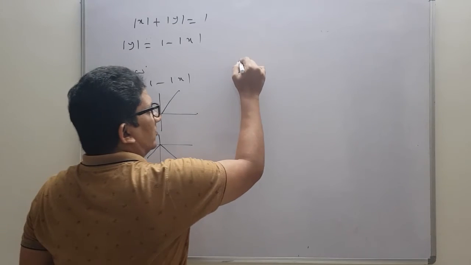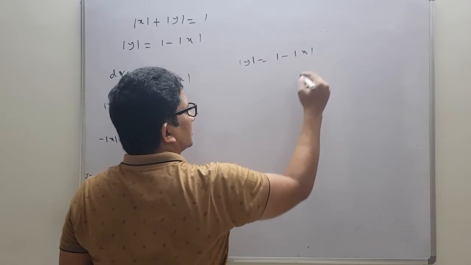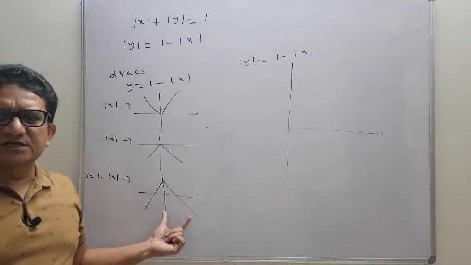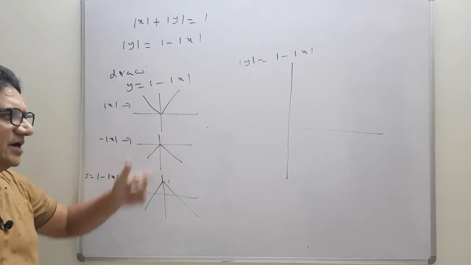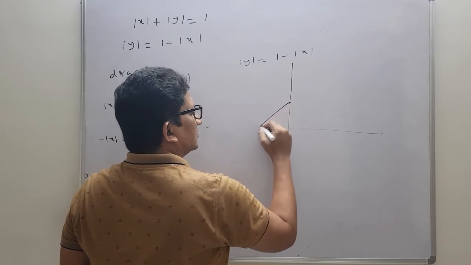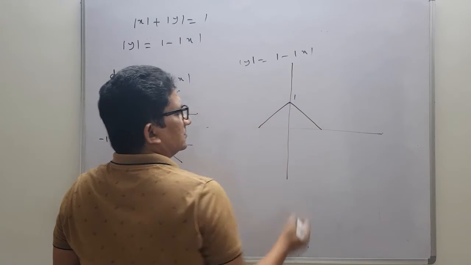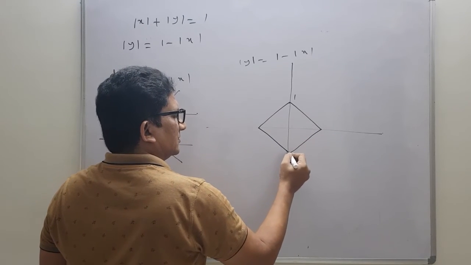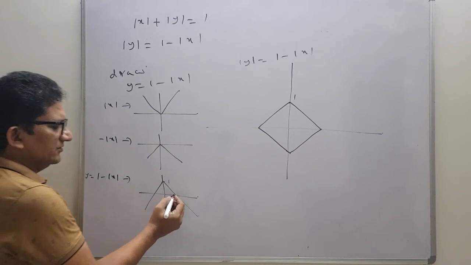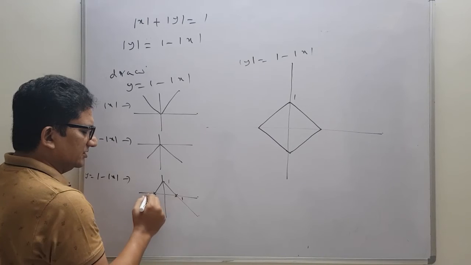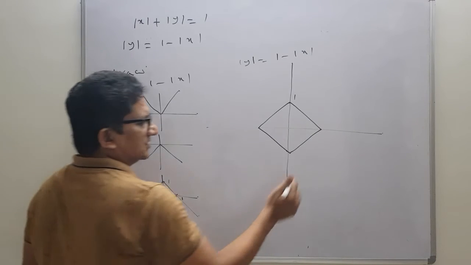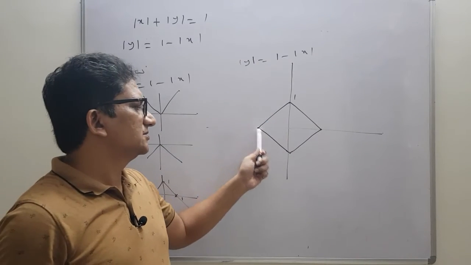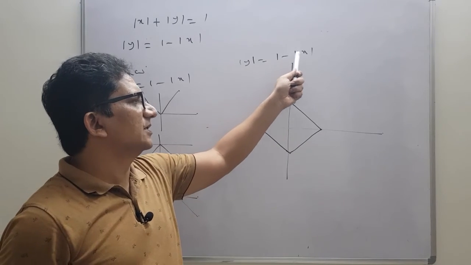Now we want modulus of y equals 1 minus mod x. Now we know the principle. So in this graph, whatever is above the x-axis, you maintain as it is. This is 1 unit. So now take the reflection of that, this portion and this portion. So this is the line. Clearly we know that where it cuts the x-axis is at 1 unit length only. Because y equals x is the graph. And here a point and here a point. This is the graph we are getting. See, so this is the graph of mod y equals 1 minus mod x.